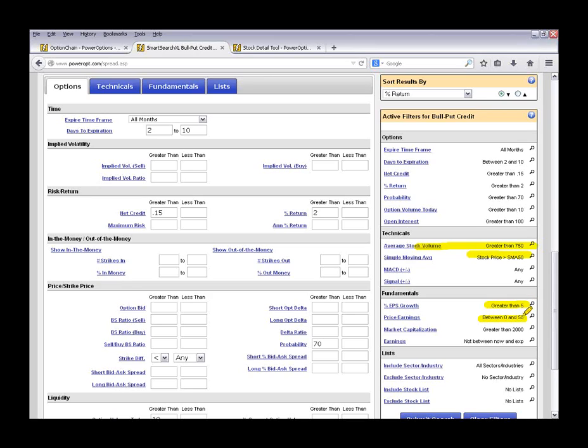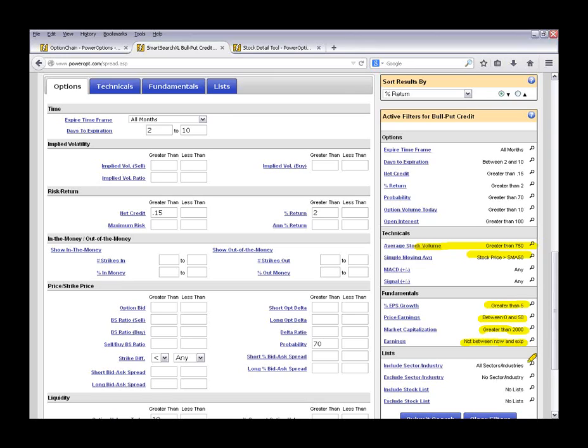PE ratio, keep it balanced between about 0 to 50. And I wanted to look for mid to large cap stocks. I don't want any small cap stocks that tend to have more volatility, which again might be great for my premium, but it doesn't match the structure of what I want to see. I don't want stocks that tend to fluctuate more wildly or will have more of an effect based on the news. And of course, we want to avoid earnings between now and expiration in these types of income strategies because